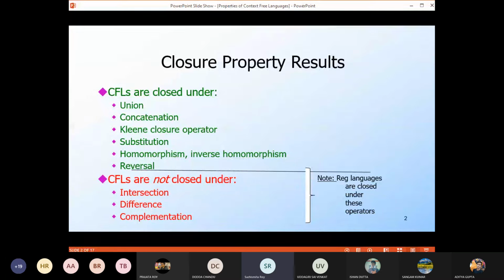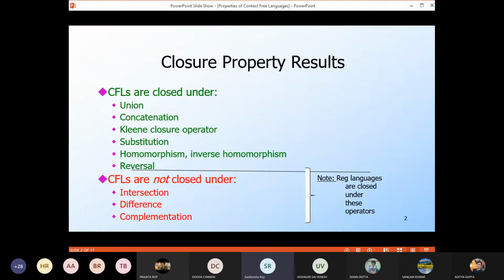We had done a host of such properties: union, concatenation, Kleene closure, substitution, homomorphism, reversal, intersection, difference, complementation, etc. And these were all closed for regular languages. But for context-free languages, please remember, some of these operations are still closed, but there are at least 3 which are not closed